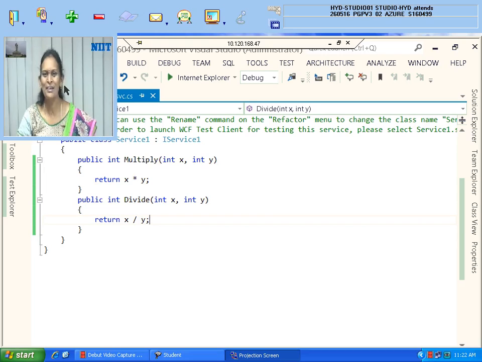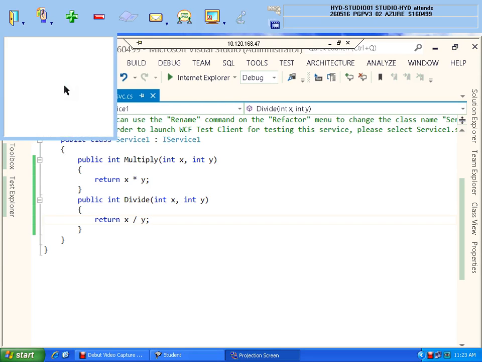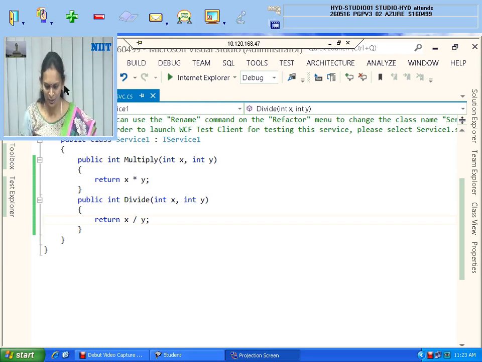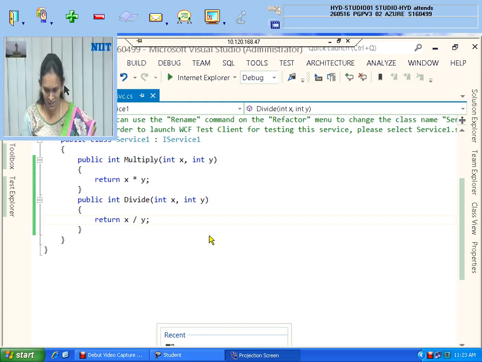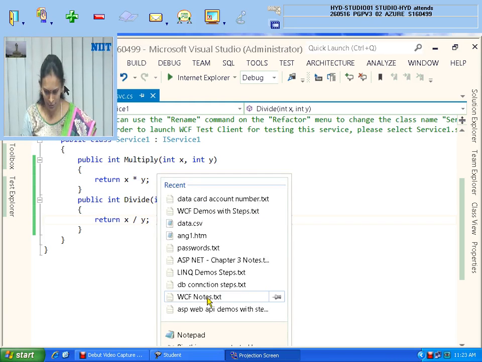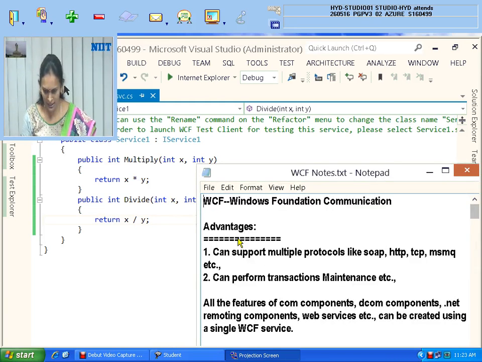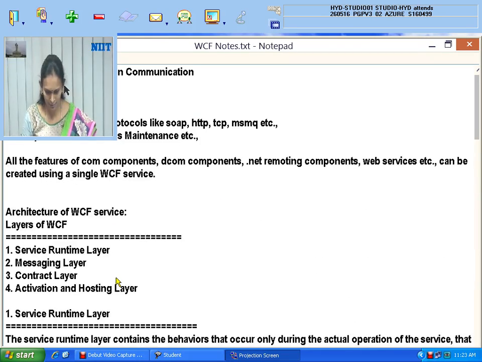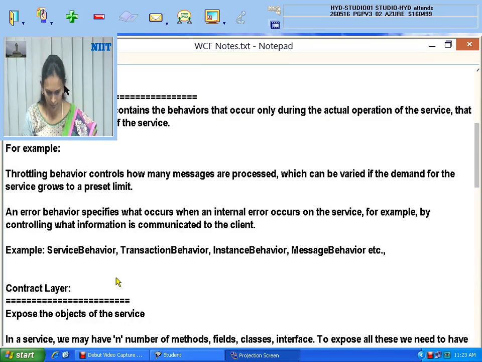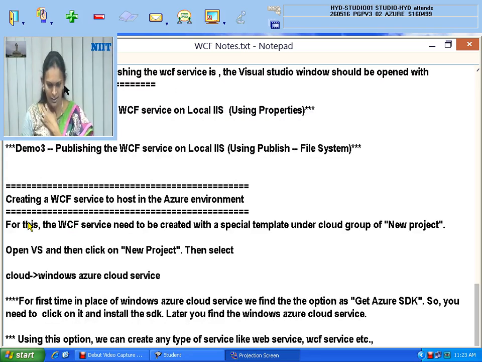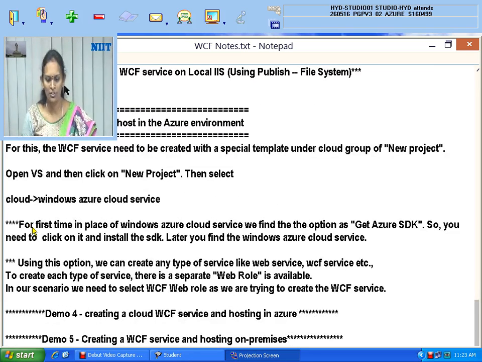There, only the automatic option will come. That document is also available. I will tell you, don't worry about that. I have written it somewhere. Let me check whether I have placed it in the document or not. I'll check and I'll tell you. So wait, let me check. The WCF document which I'm giving, see here, in the document which I have posted, that's what I'm telling.